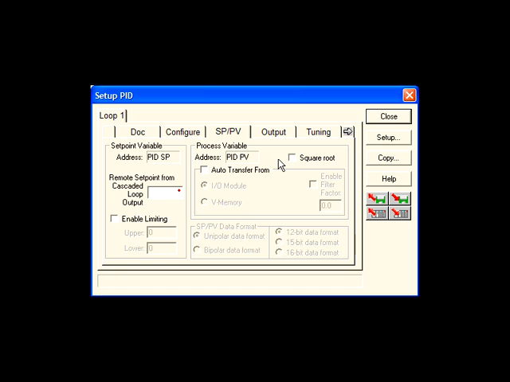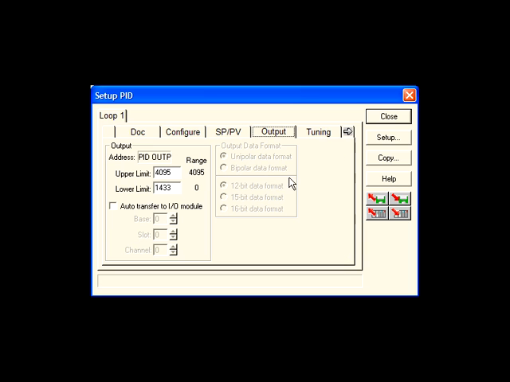There's also the option to square root the process variable. This allows for better error handling in some processes, but if you don't know that you need it, then just don't use it. In the output tab, you set up the minimum upper limit and lower limit based on the maximum range,